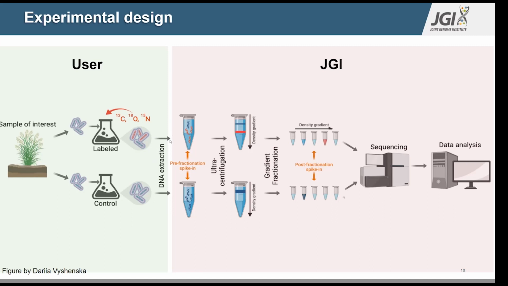And then from there, JGI takes the sample, adds some pre-fractionation spike-ins, which are really for quality control. Essentially, when we get the sequencing data back, if those spike-ins are found in amounts or samples where they weren't supposed to be, we know that something went wrong along the way. But then those samples go through ultracentrifugation. And so this is an important part of SIP